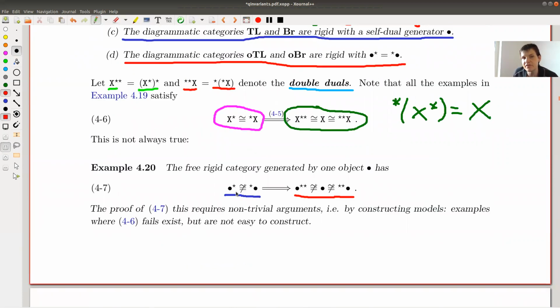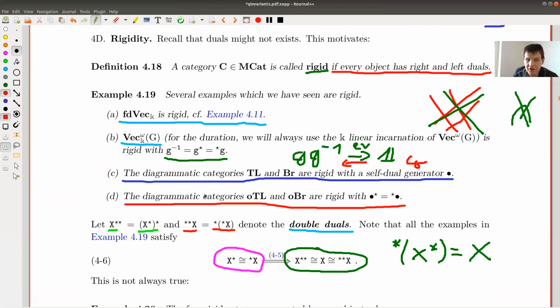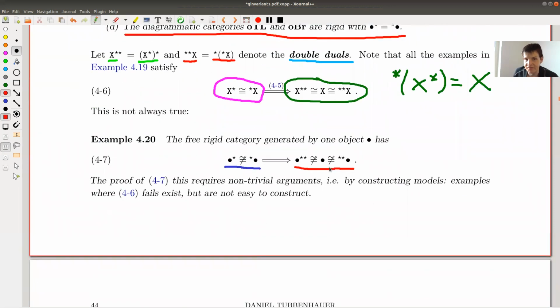it's not so easy to construct examples. In all examples we have seen so far, the double dual of the object you started with is the identity, but in general, it's not the case. And it's not easy to construct an example where this really fails. But keep it in mind, it does fail. It's not always